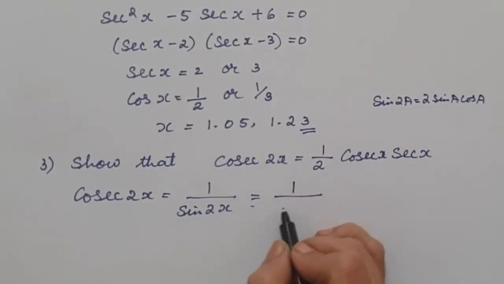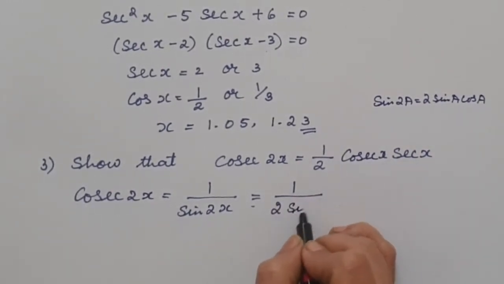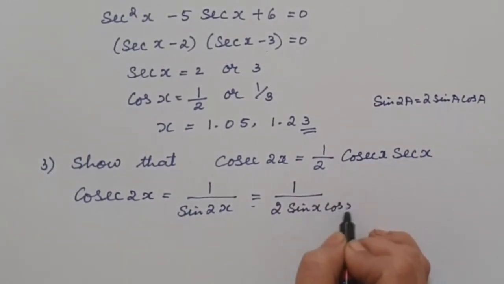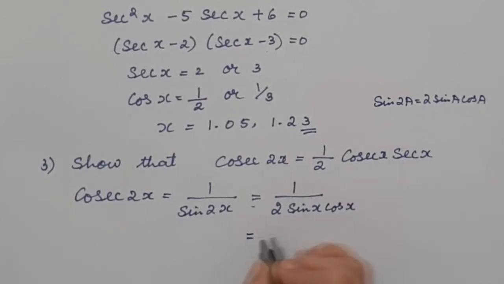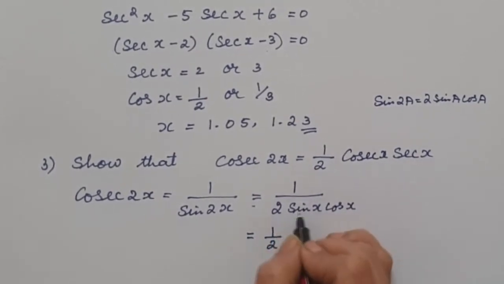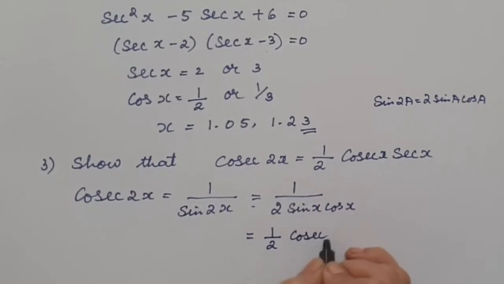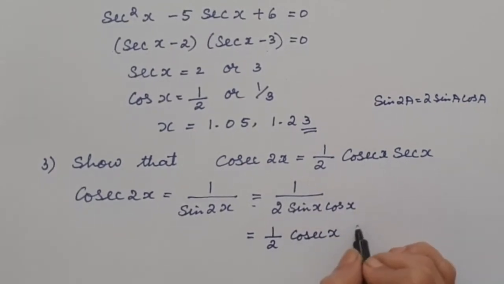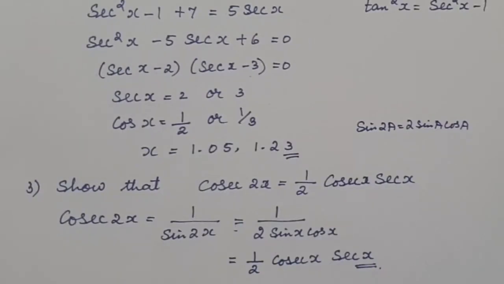So we are applying that over here. So it is 2 sine x cos x. So it will be equal to 1 over 2, 1 over sine is cosecant x, and then 1 over cos is secant x. We can convert cosecant, secant and cot into sine, cos and tan and find the values in the given range.